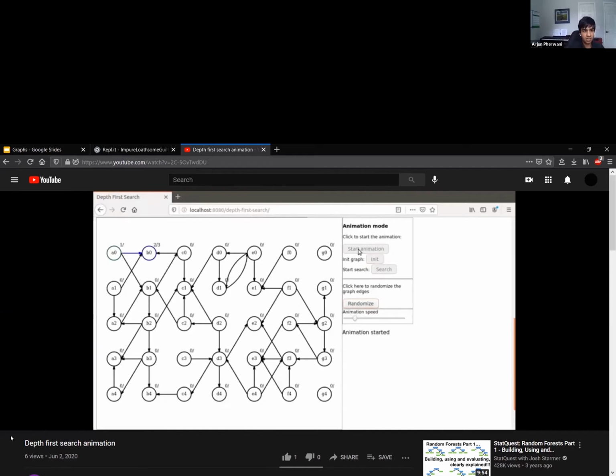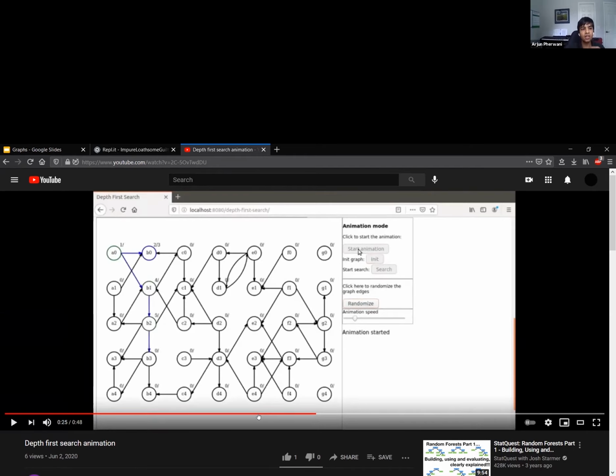So you see that, could you pause, Nate? When you start at A0, the first edge he goes along is the first one he sees, which is B0. He travels that and goes to B0 and sees that there's nowhere else he can go from B0. So he goes back to A0, kind of backtracking. And then he goes to the second edge he sees, B1. So he travels along B1. Then the first edge that he sees from B1 is B2. So he goes along that one.